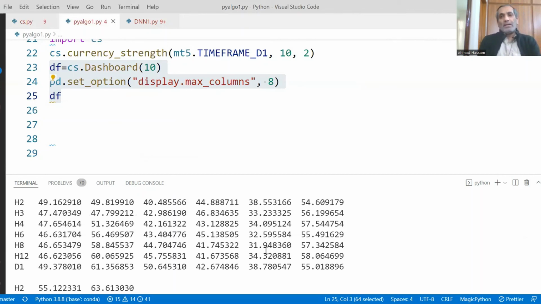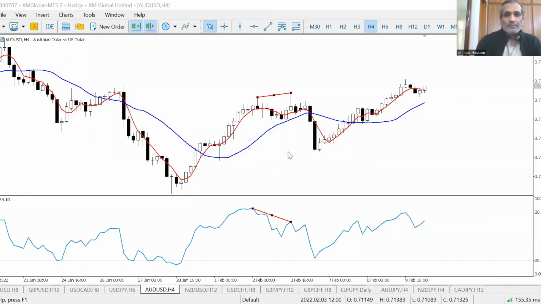So we have identified 3 pairs that we should try to trade today or tomorrow: Euro yen, Aussie yen, and Kiwi yen. Let's see. So we have identified, this will give us a good short trade.